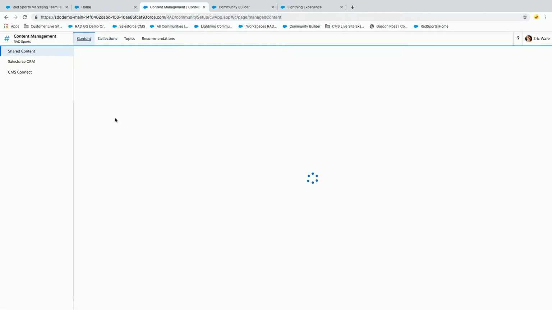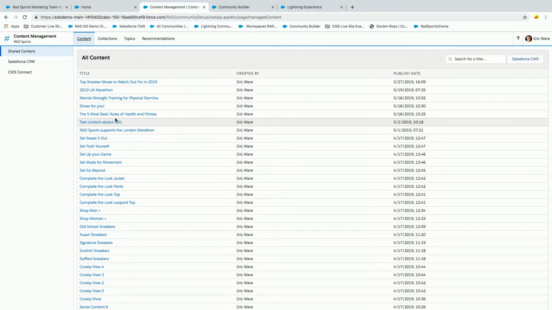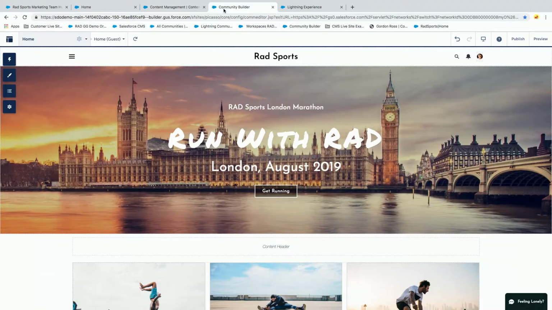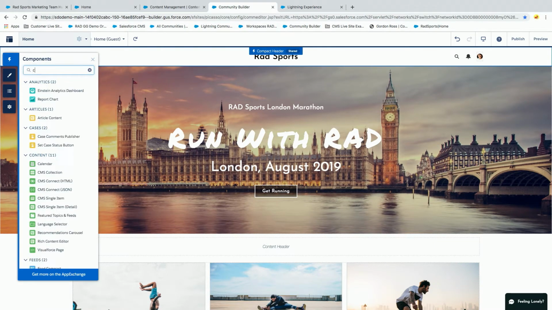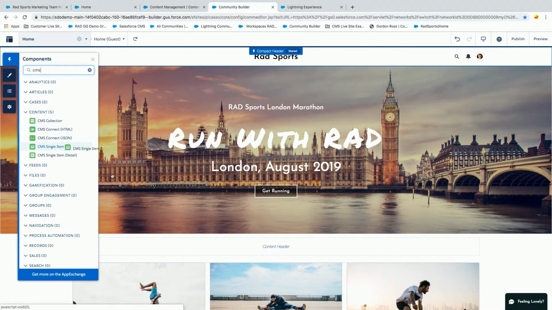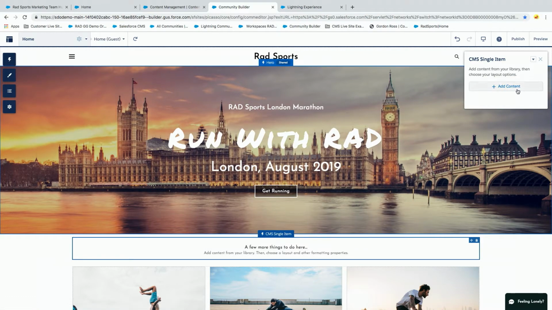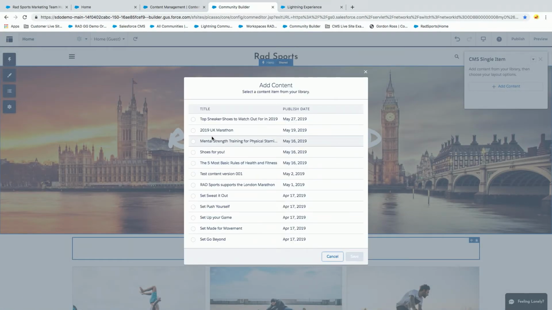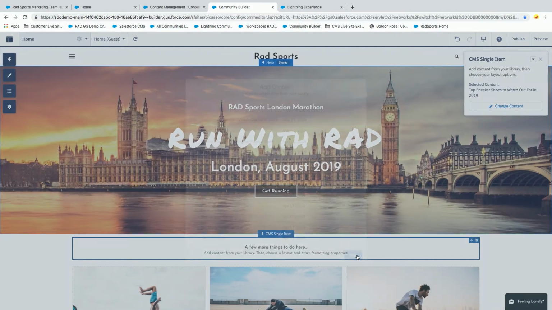Now, in addition to having all of this content, what he can do is now declaratively build out a beautiful site experience with all of this rich content, so he switches over to the community builder, right? And the community builder is where declaratively you can drag and drop different components on the page and build out this experience. So an example here, let's go ahead and just use our CMS content for fun. So here, I'll drag in a CMS component. I'll go ahead and I'll choose the same content that I chose earlier, which was the top sneaker shoes for